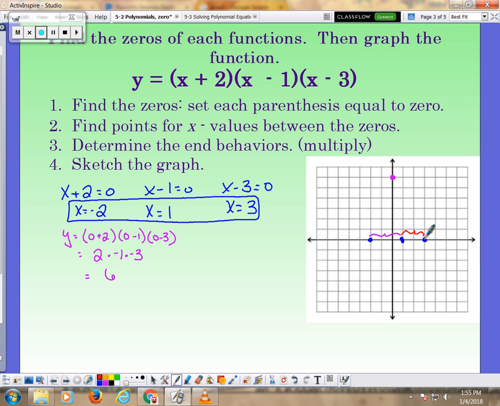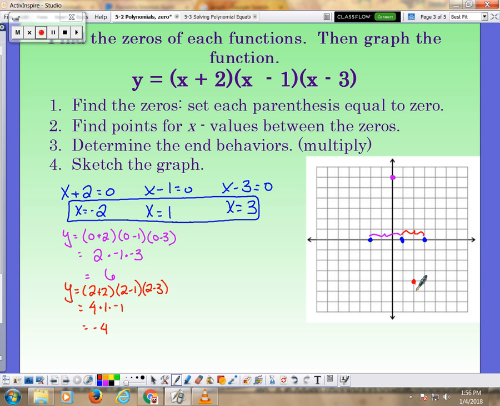So now we're going to do it again, but we're going to do it between these 2 points. And so I'm going to pick 2. I'm going to plug a 2 in for all my x's. So I'm going to get y equals 2 plus 2, and 2 minus 1, and 2 minus 3. Where'd you get the 2 from? Well, does 2 not fall between -1 and 3? And the 0 fell between them. So I'm going to plug this in, and that's 4 times 1 times -1, or -4,